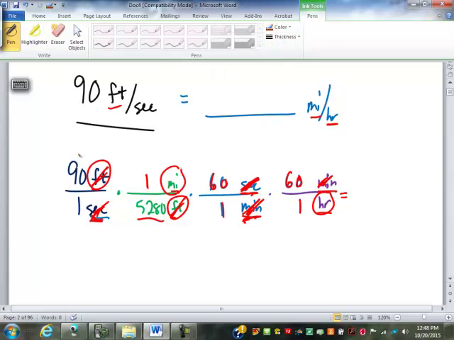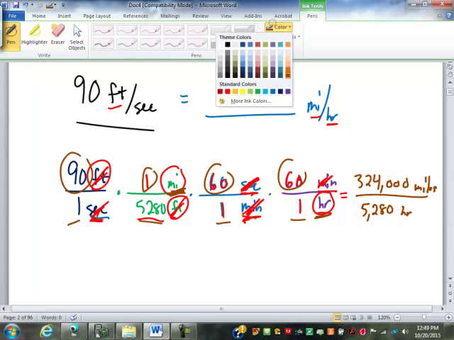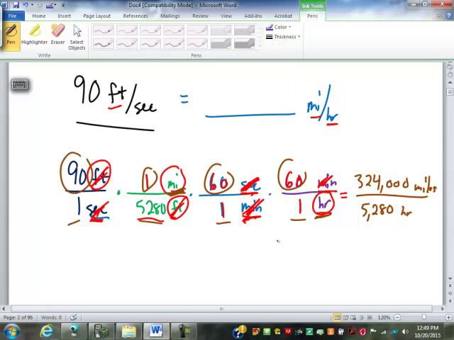So now across the top, I have 90 times 1 times 60 times 60 is 324,000 miles, because miles is the only unit I have left on top. On bottom, it's 1 times 5280 times 1 times 1. So it's just 5,280. The only unit on bottom is hours. So now if I divide those, 324,000 divided by 5280, I get 61.36